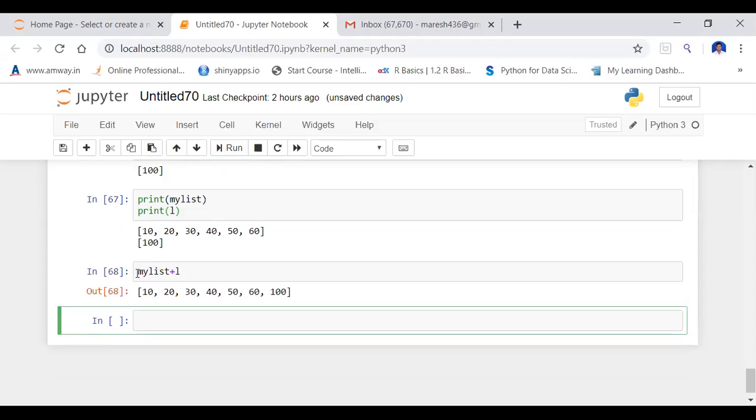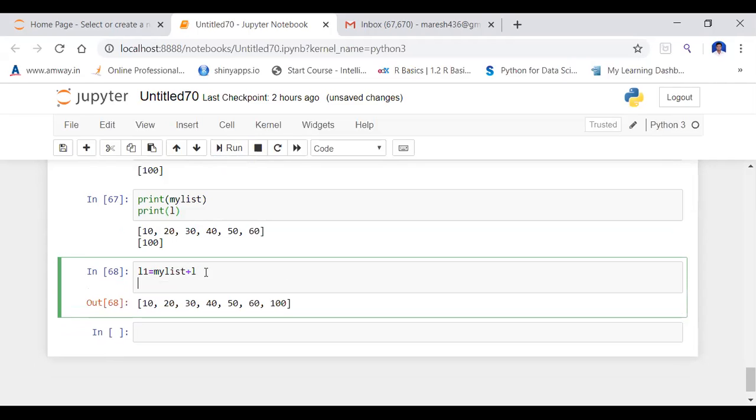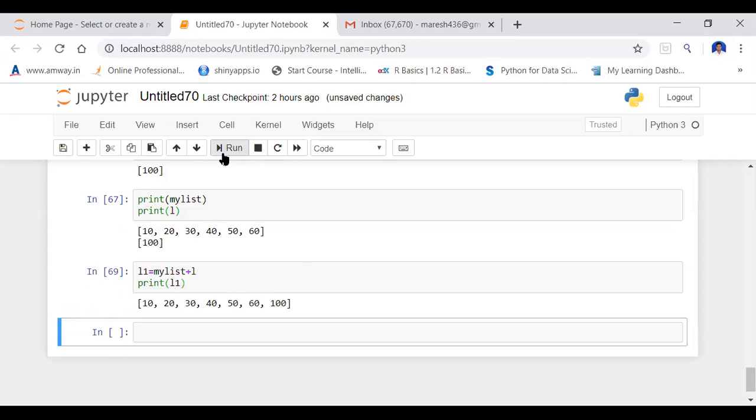Suppose I use L1 equals that, and I will print L1. Print L1 means my L1 values are these.